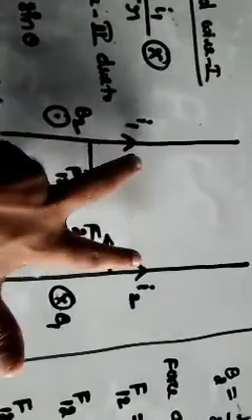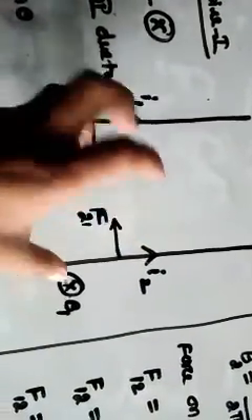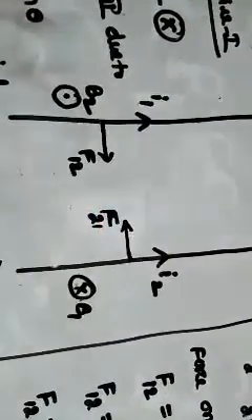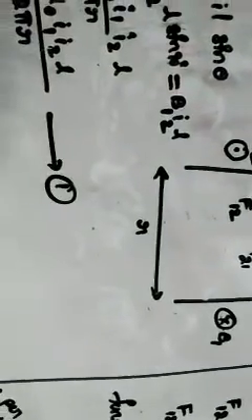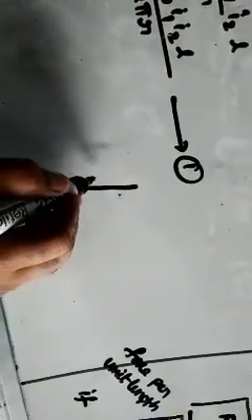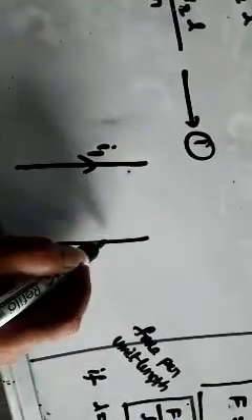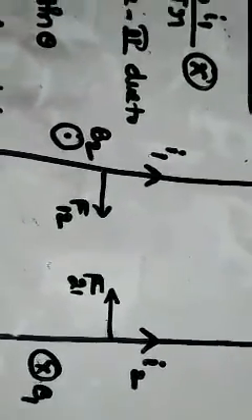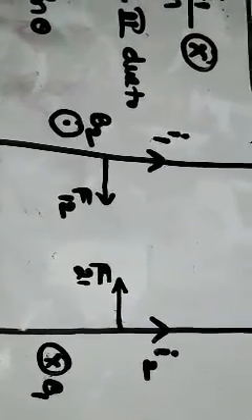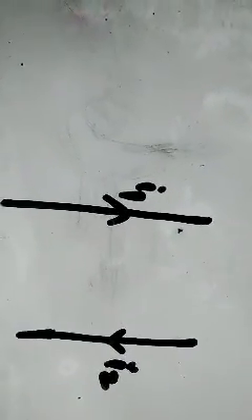Now one more note point, you can see it in the notebook, very important. If the direction of current is the same in the two wires, the wires will attract each other. Suppose the direction of current is opposite, like this: one wire is carrying current I1 and another is carrying current I2 in the opposite direction. Then the two wires will repel each other, very very important. Same direction, wires attract each other. Opposite direction, wires repel each other. Listen carefully.